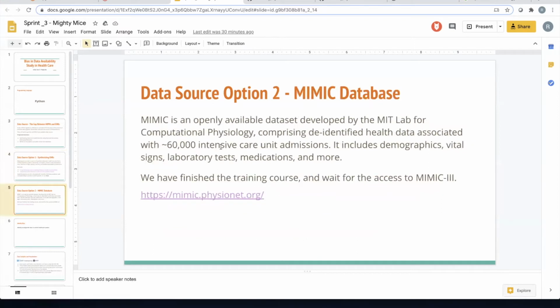And option two, which is to use the MIMIC database, is open source and developed by the MIT lab. We can also use that to find gender or racial bias in our research project. After completing the training course, we can all get access to MIMIC-3. Here is the link where we need to request access to